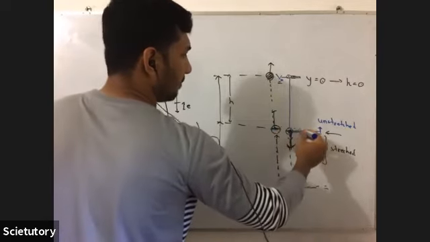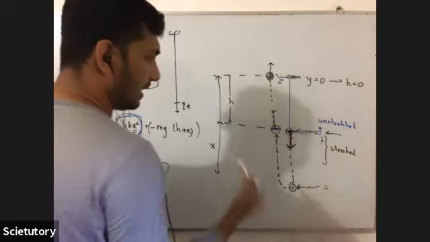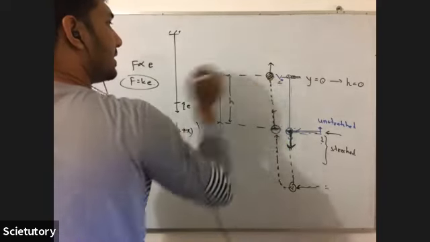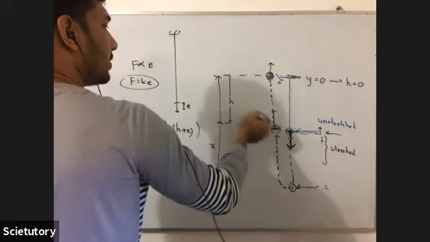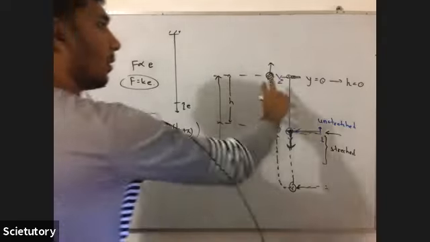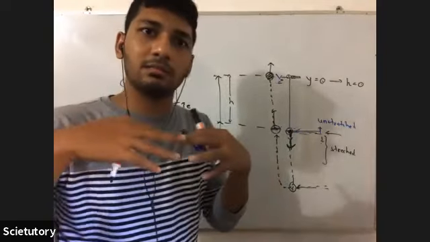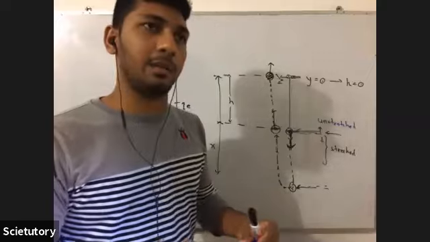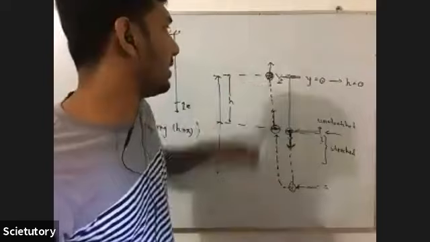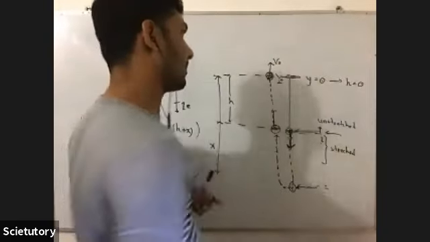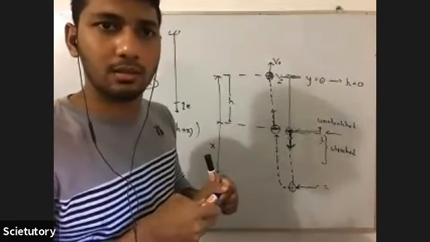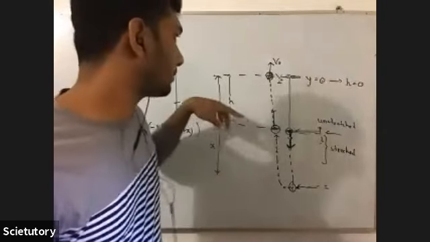When it crossed this level initially in the downwards direction and when it reaches this level, it will lose its kinetic energy and it is stored as potential energy. So all the gainings are going to be given again. I mean, you took that initially and now you are giving it back. So what is the velocity here? V naught. Okay, this is the same velocity that you initially threw it.